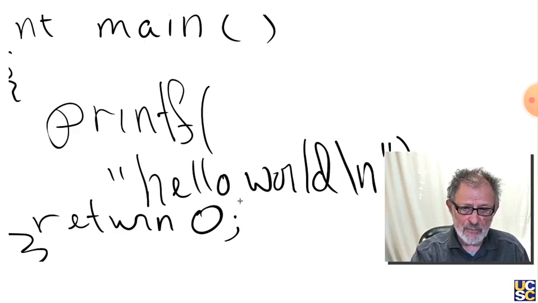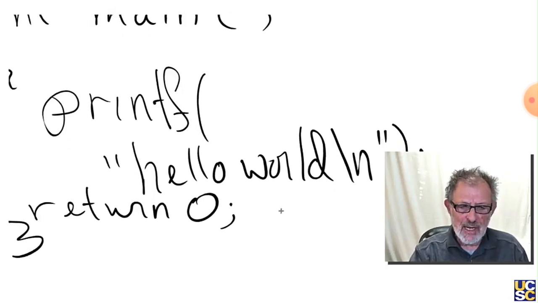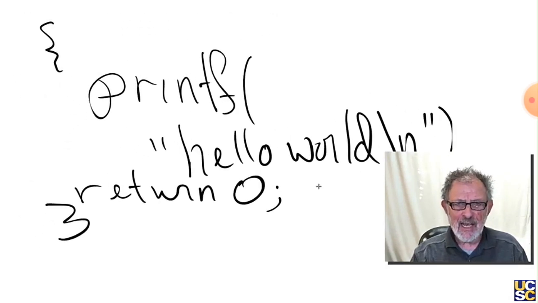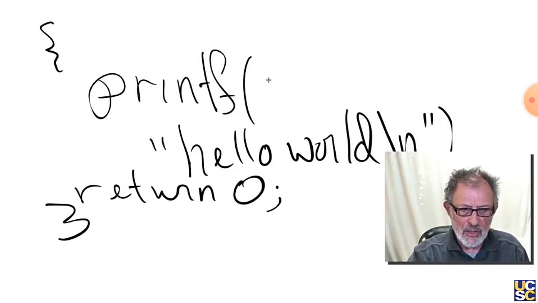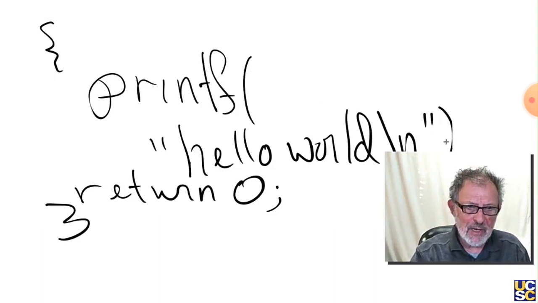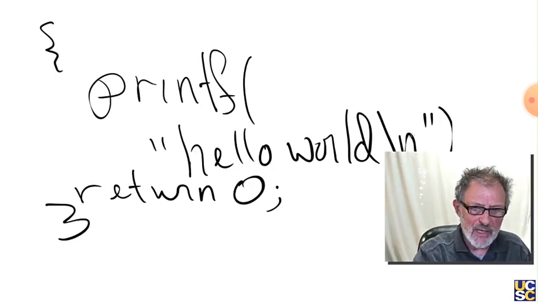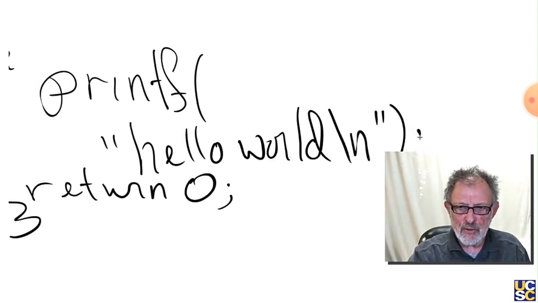And then we also have return 0, which says we're going to finish the program and a special value 0 is going to be indicated to the operating system, meaning everything has completed correctly. And then we have the closing brace. So one of the things you're going to be exposed to in programming is making sure you have matching braces, making sure you keep to your punctuation. There's matching parentheses. There's matching quotes. The semicolon is heavily used because the semicolon always indicates the end of a statement.